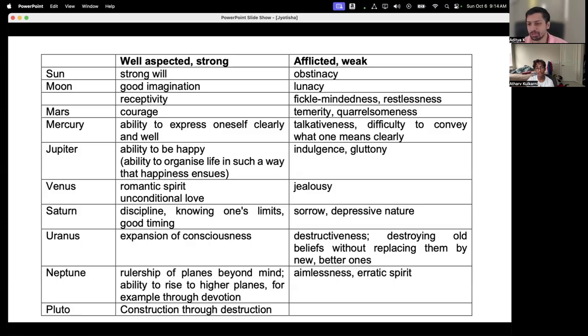What happens if they are not vibrating well to Bruhaspati? Basically indulgence. So people with a very good Jupiter, they like good things in life. For example, eating good food, they'll not eat at some outside roadside place. They'll always eat in a good restaurant, or they will cook it by themselves at their house. If they're not vibrating well to Bruhaspati, basically they become indulgent. Indulgent is having too much of something. Even having too much of something is not good for you, right? So if you eat 2 Mysore Pak pieces, then that is good. If you eat 20, obviously you will get indigestion.